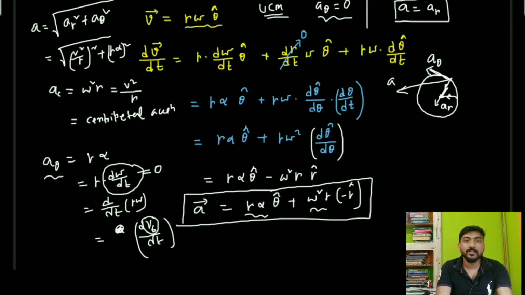So I have derived this result in general, then you can just simplify for uniform circular motion. But if you want to take it from the very beginning for uniform circular motion, then you have to follow another method also. There is a method where you can derive the expression v square by r or omega square r from the very beginning, assuming that the motion is uniform circular motion. So I have to put initially that the tangential speed is constant. So let me derive on that process also. This will be the next process.